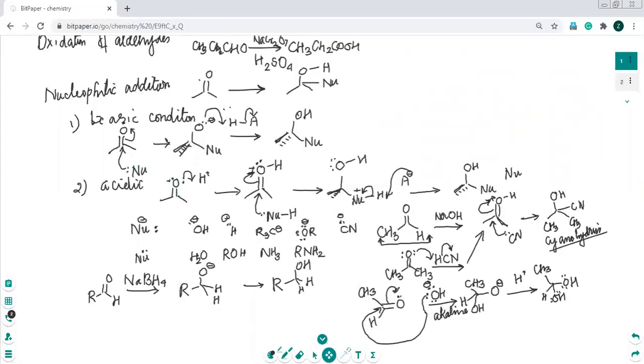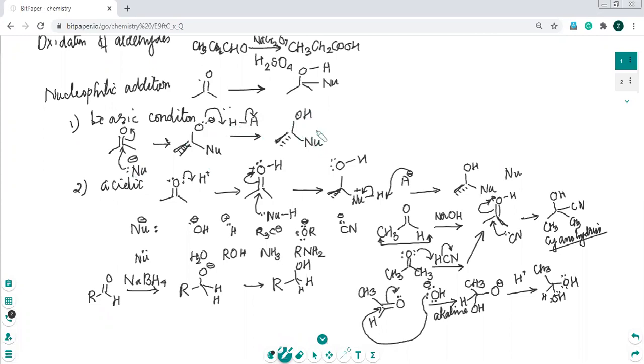See this. Here is a nucleophile, and here is the HA. So the nucleophile attacks here, and it is the negative end. That is, here you have the nucleophile with a negative charge, and that attacks here. And after the attack of the nucleophile, the oxygen is protonated to give you